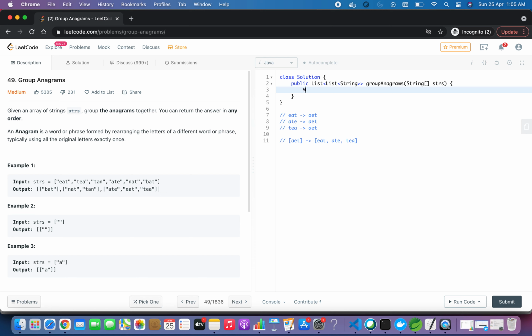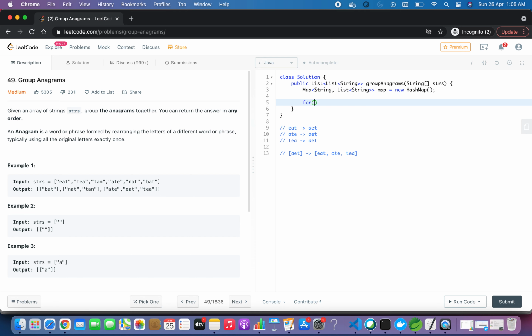So let's start coding this solution. Let's take a map, where we have a string as the key and a list of strings as the value. We'll take a hash map.